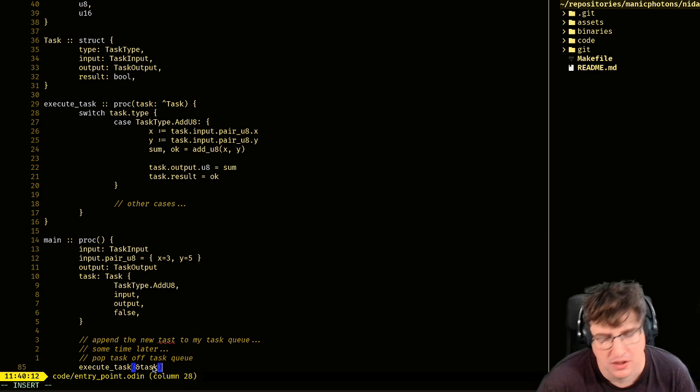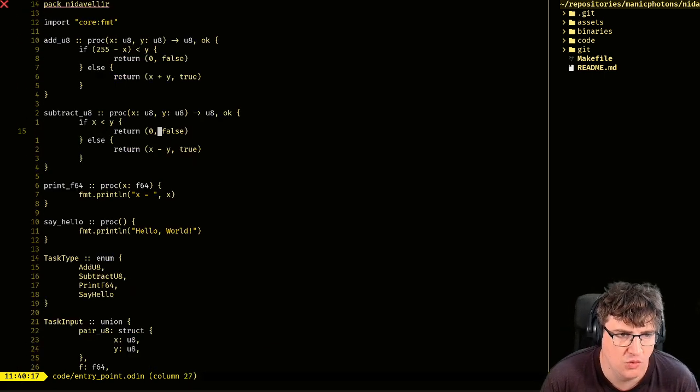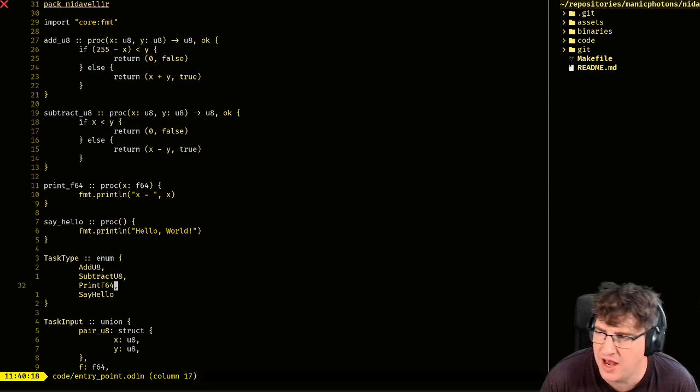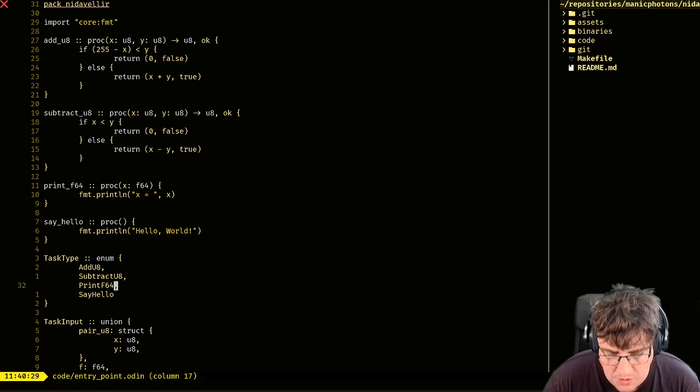However, in order to truly see the benefit of this, we'd need to have a bunch of different tasks. And I don't necessarily want to write a bunch of mock tasks to set this up, given that I'm going to have to write a bunch of tasks in the near future anyway.